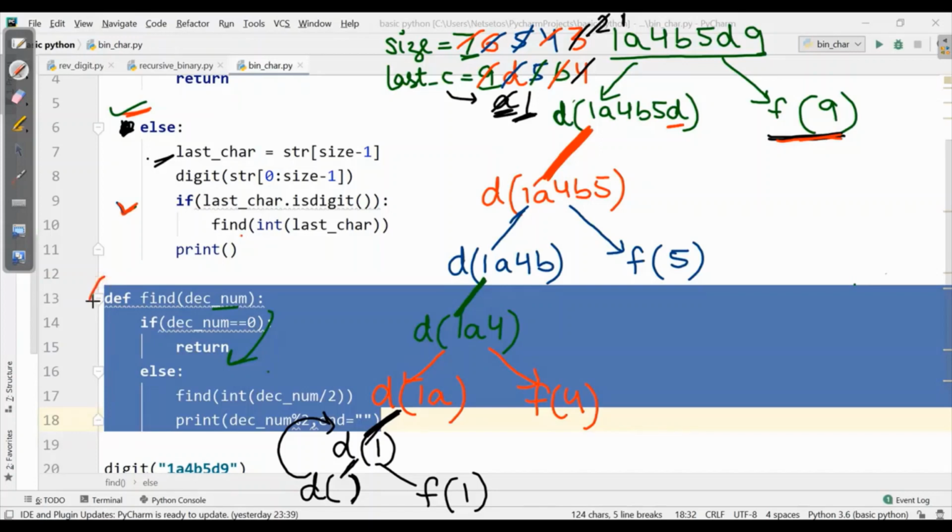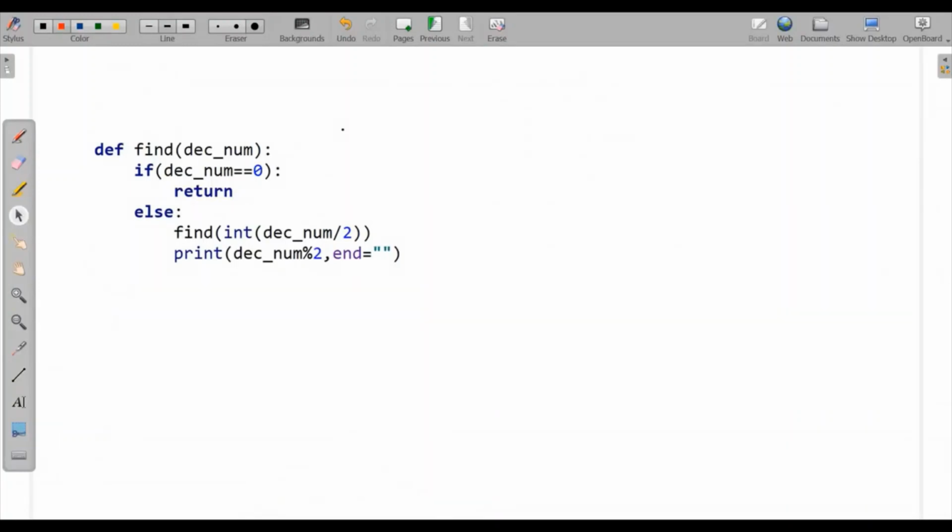As this sheet is fully filled over here, so I'll go to my open board, and here I have written this code. So we will calculate binary equivalent, which is F9. Now for this, first it will check its base condition. As I always say, recursive must have a base condition, or we can say terminating condition, where it gets terminated, because if we don't put this base condition, our program will run infinitely. So here we have F9. It is not equal to 0, so it will go to else part.